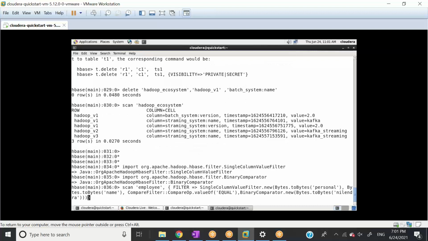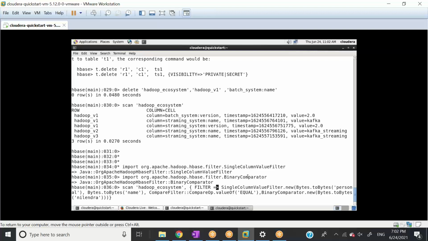So let's go from here. In our case, which table do we need to filter? We need to filter the Hadoop echo system filter table, right? So yeah, this is a single column value filter, and this is an example for binary comparator.